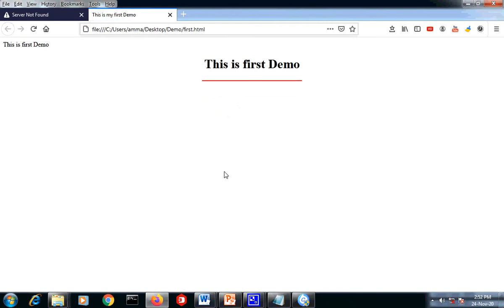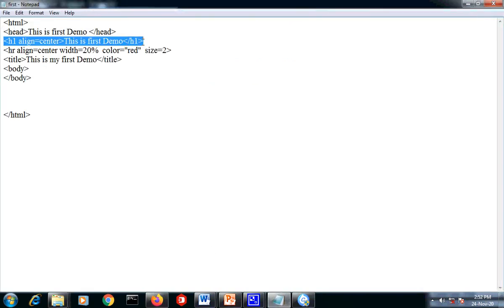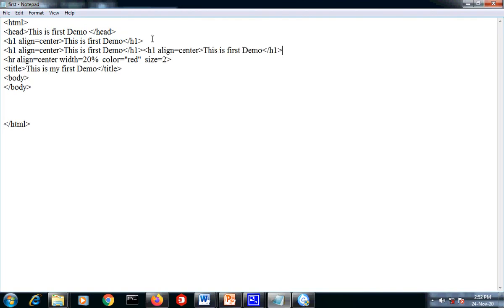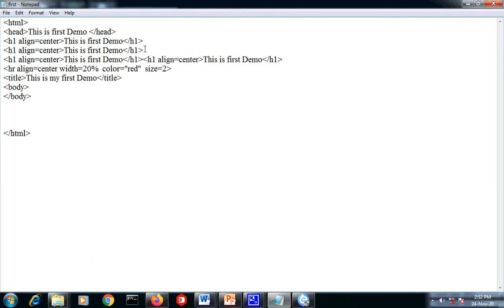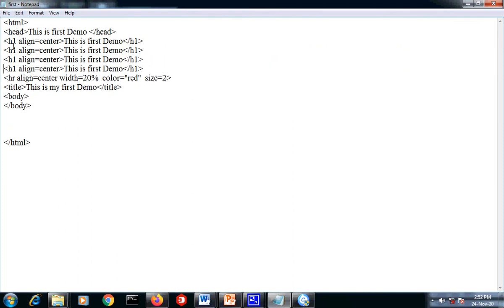Okay, so here it comes like this, and the same tags you can specify like this. So here it is the H2 tag, the H3 tag, the H4 tag.